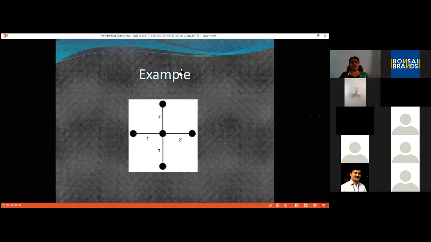Then 3 plus 1 gives me 4, and 3 plus 2 gives me 5. 6 is missing, but we know that one can be missing and one can be repeated. So 6 is missing and 3 is repeated two times, which is again not a problem.